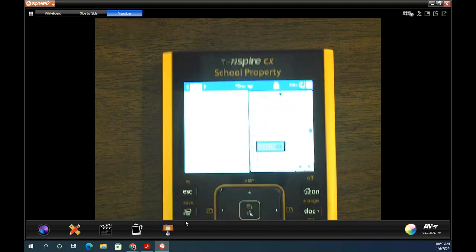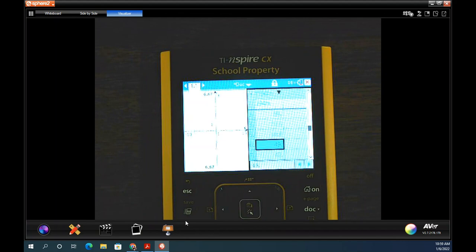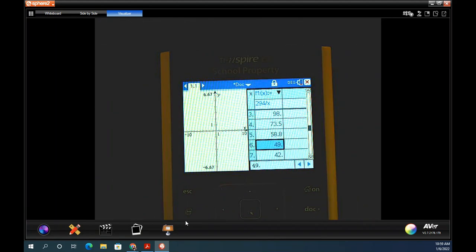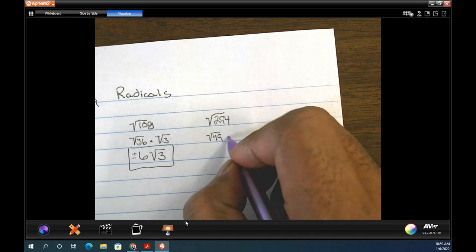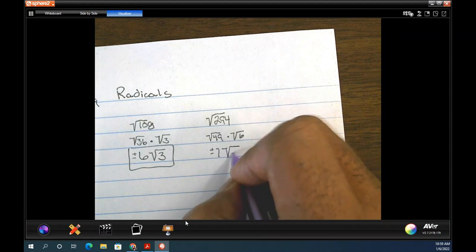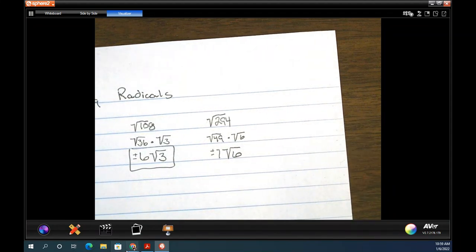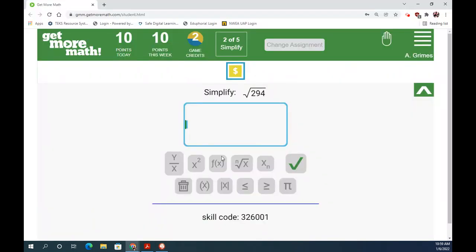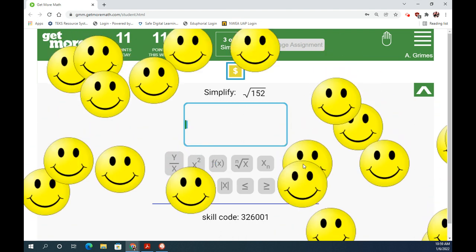I didn't want the answer. There it is right there. 49 times 6. So you should have written the square root of 49 times the square root of 6. So it's plus or minus 7 times the square root of 6. So I would hit 7, square root button, 6. Check it out. Okay,